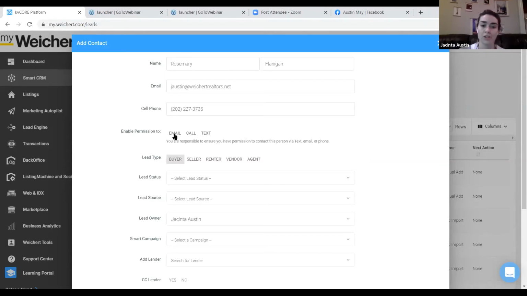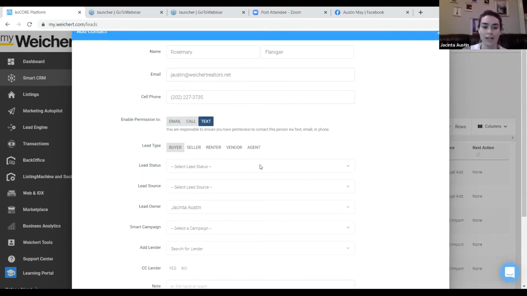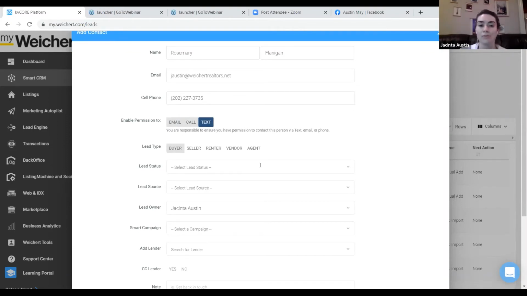Enable permission. This is basically allowing you to call, email, and text them. If you don't put either of those in, the system is going to recognize that and not send them anything. So make sure you allow the system to recognize you can do these things. As I mentioned before,